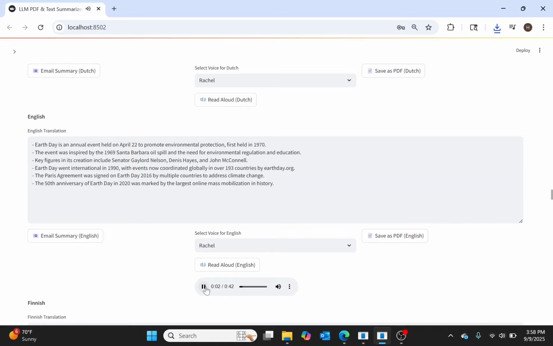Earth Day is an annual event held on April 22nd to promote environmental protection, first held in 1970. The event was inspired